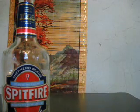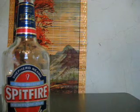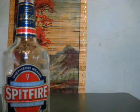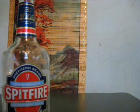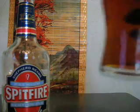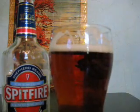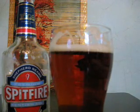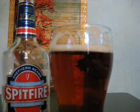It's very good. I really like it. From my description it sounds like it's horrible, but it's actually really quite good. Like I said, I've never tasted anything this bitter before. As far as beer goes, I've never tasted a beer like this before. It's really quite nice. Now, I probably wouldn't drink several of these in a row because that tastes like Guinness. If you have too many of those in a row, it just gets a bit overpowering. But one or two of these,